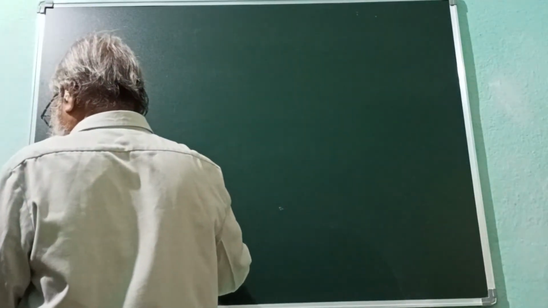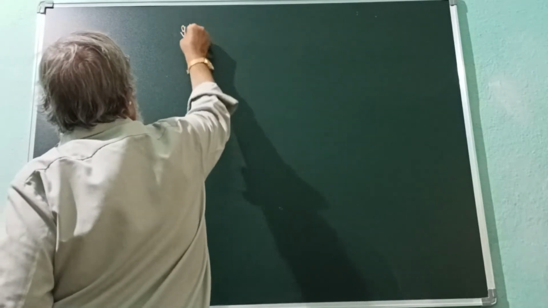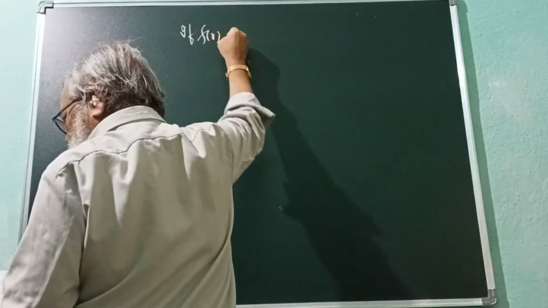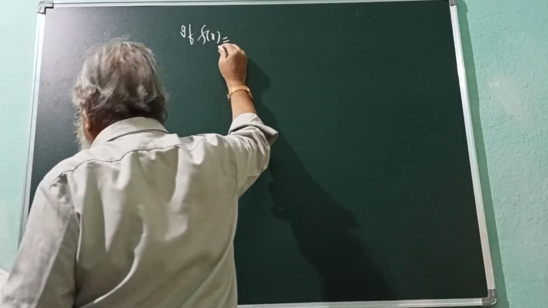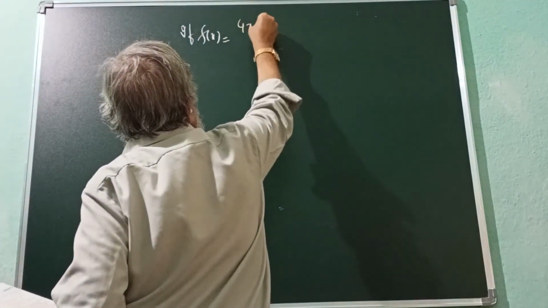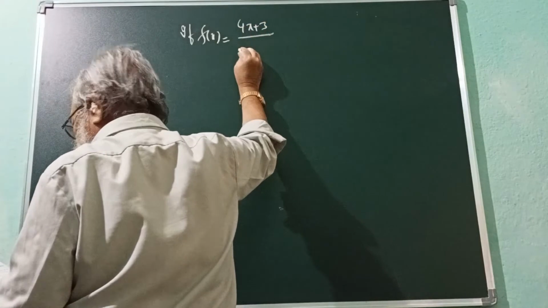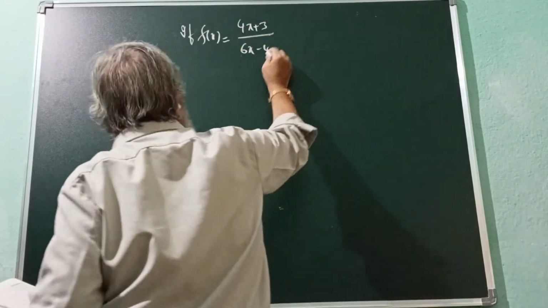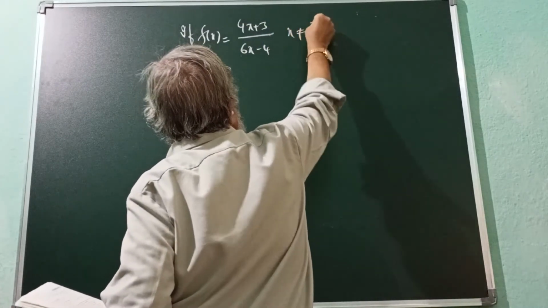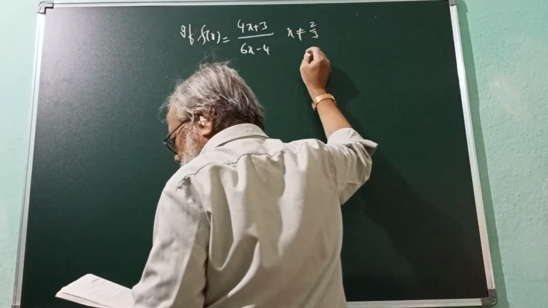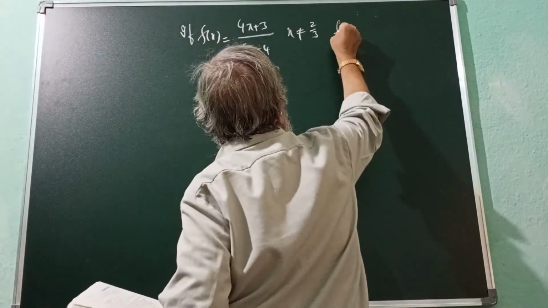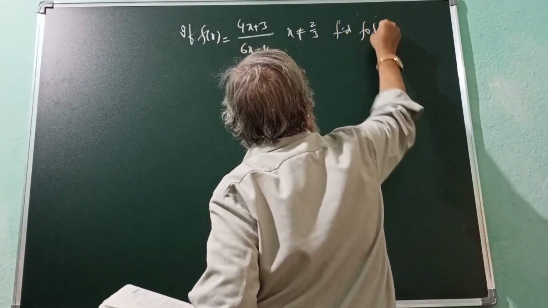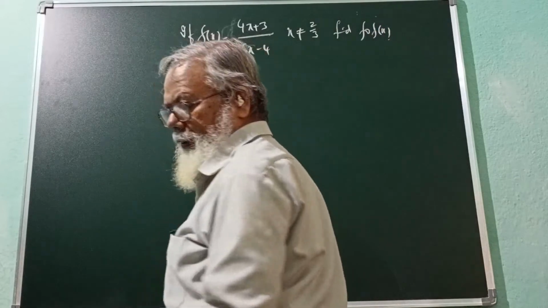The problem is: if f(x) is equal to (4x + 3) divided by (6x - 4), where x is not equal to 2/3, find f composition f of x. So here,